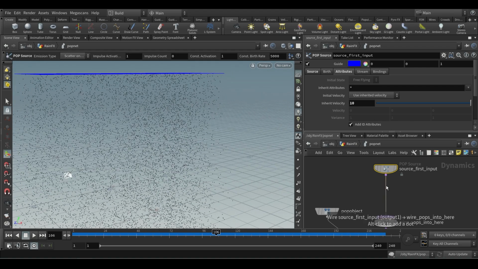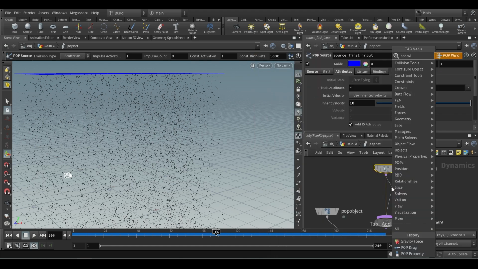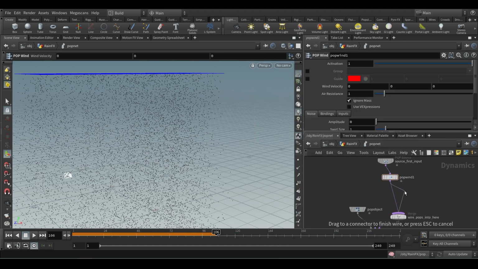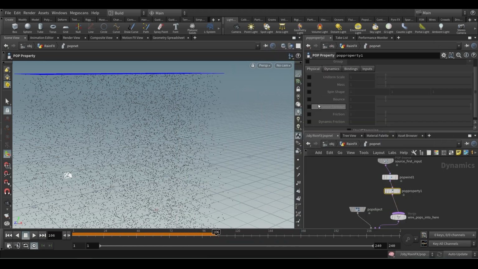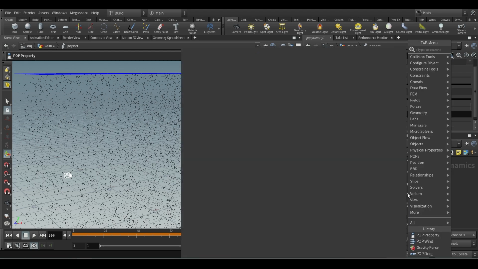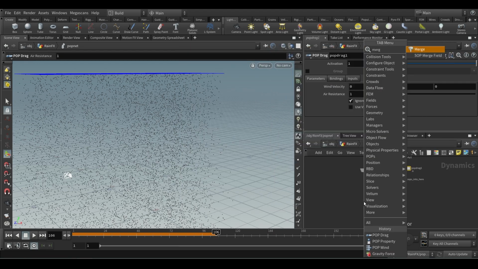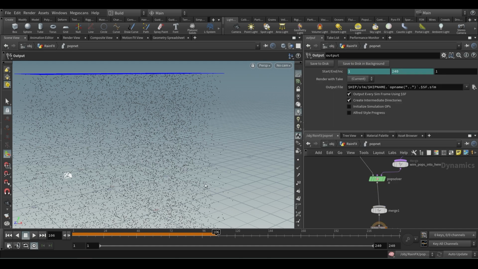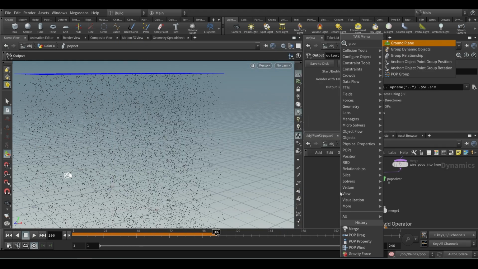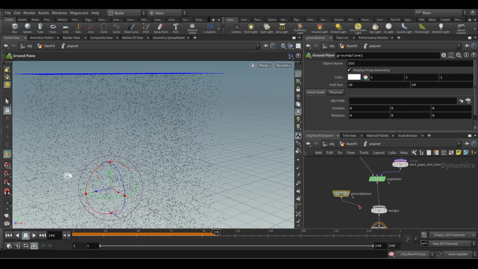Next, what we're going to do is, I believe we need pop wind. From the previous experience, you might know that we need pop property for giving bounce, mass and friction. Rain has a mass, like some drops will be very strong. So it has a mass, and bounce, we haven't put the collision, so we'll put it, and the friction. Of course we will be needing a pop drag. We need a collision geometry. Since we know our ground is the grid, we can just bring the ground, then everything is settled.